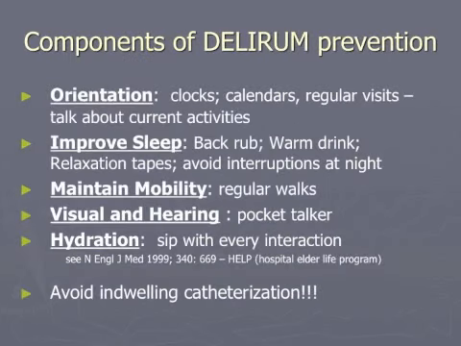So the components of a delirium prevention strategy are looking at maintaining, before the delirium develops, making sure that we're being vigilant with our orientation strategies, making sure the person can see a clock, has access to a calendar, and has regular visits. Now this could be from volunteers, from healthcare aides, from family, but that the team is recognizing the importance of keeping the person connected with our current reality, so talking about where they are and what's going on, and having that regular social contact.